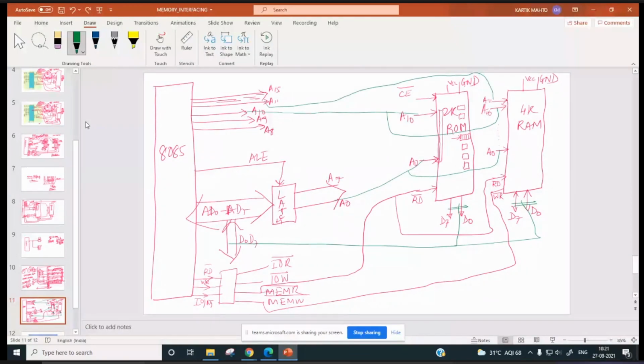Right? So for this ROM chip, how many address pins are being used? Only 11. And 5 are not used. And for this RAM chip, 12 address pins are being used, while 4, A12, 13, 14, 15, are not used. Right? And these unused pins have to be properly decoded to get these chip select pins to generate this CS bar pin.